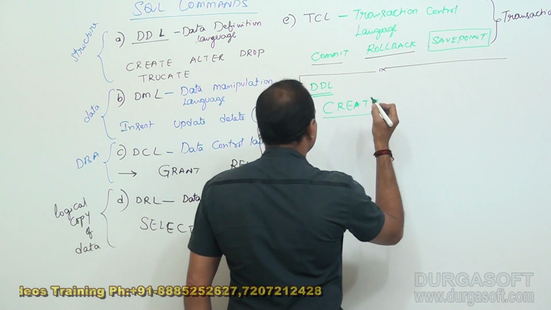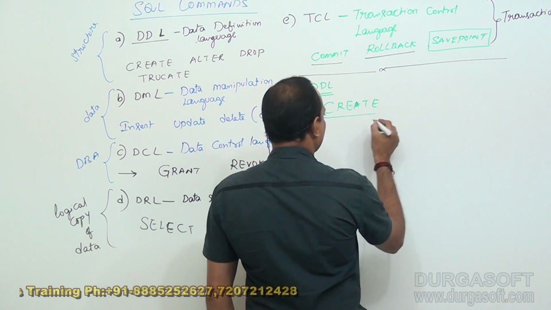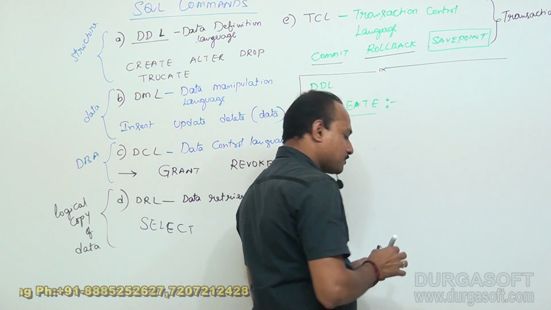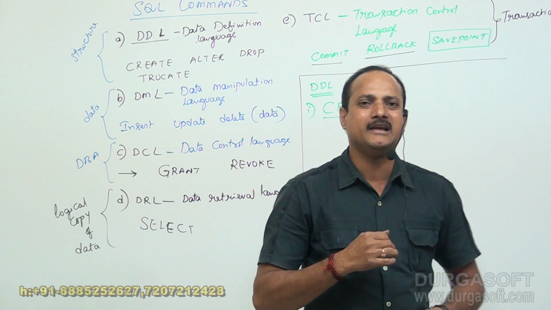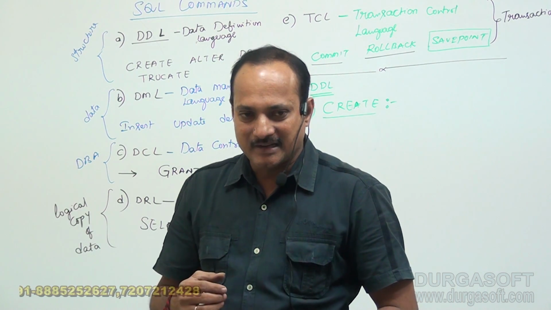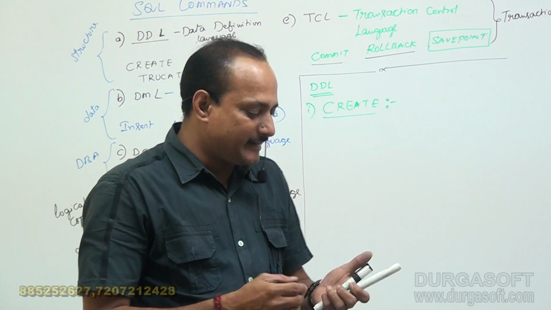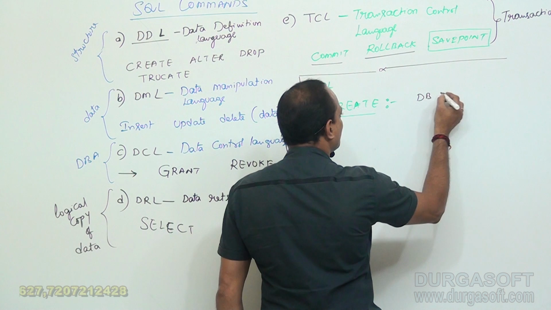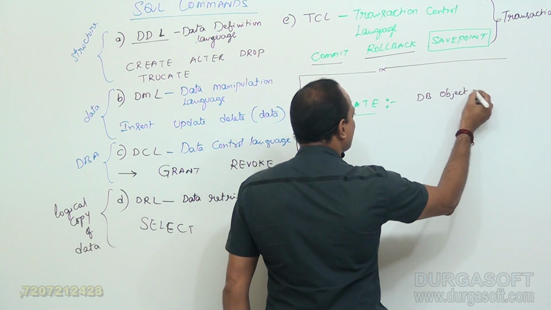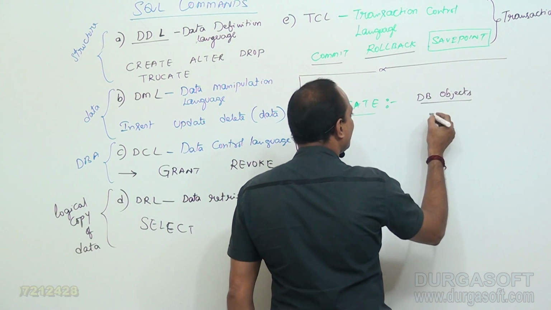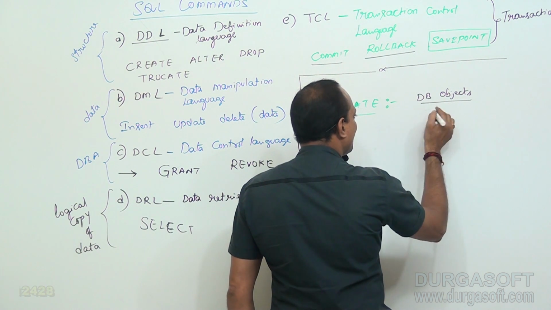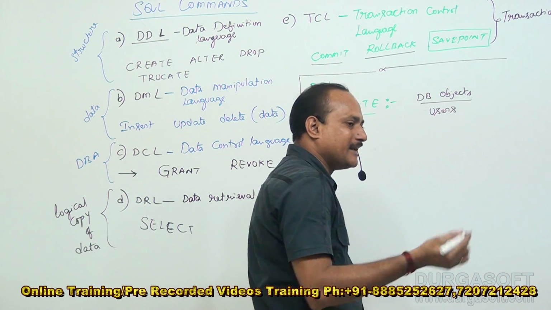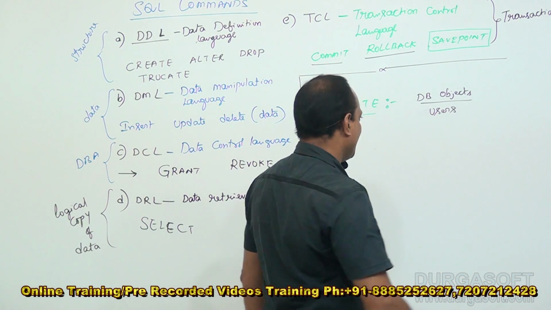How do I create a table? What is the use of the create command? Not only a table, by using the create command you can create any database object. So what are the database objects? Just now we have already created users, right? The DBA creates users by using the create user command. Users,